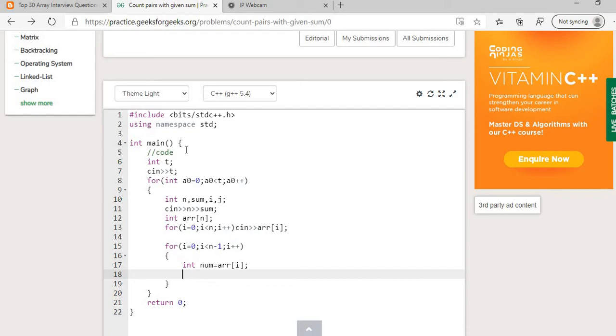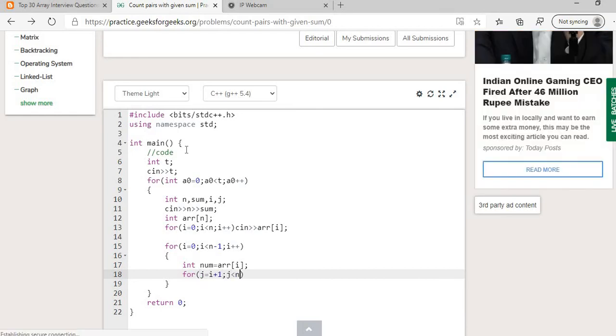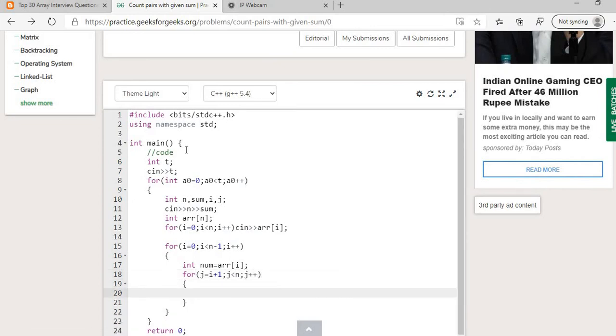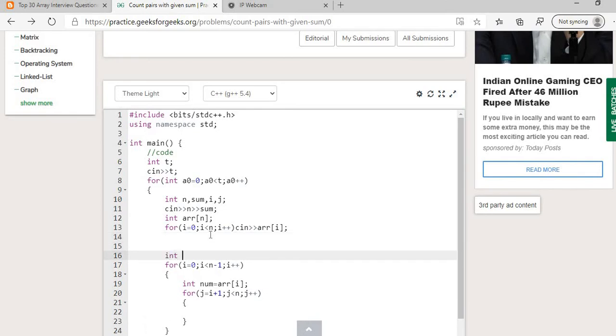Now we need to find the elements after this which add to the given sum. So for loop j, which starts from the I plus 1th element, j should be smaller than n, j plus plus. We need to declare an answer also, the number of pairs, which is initially 0.